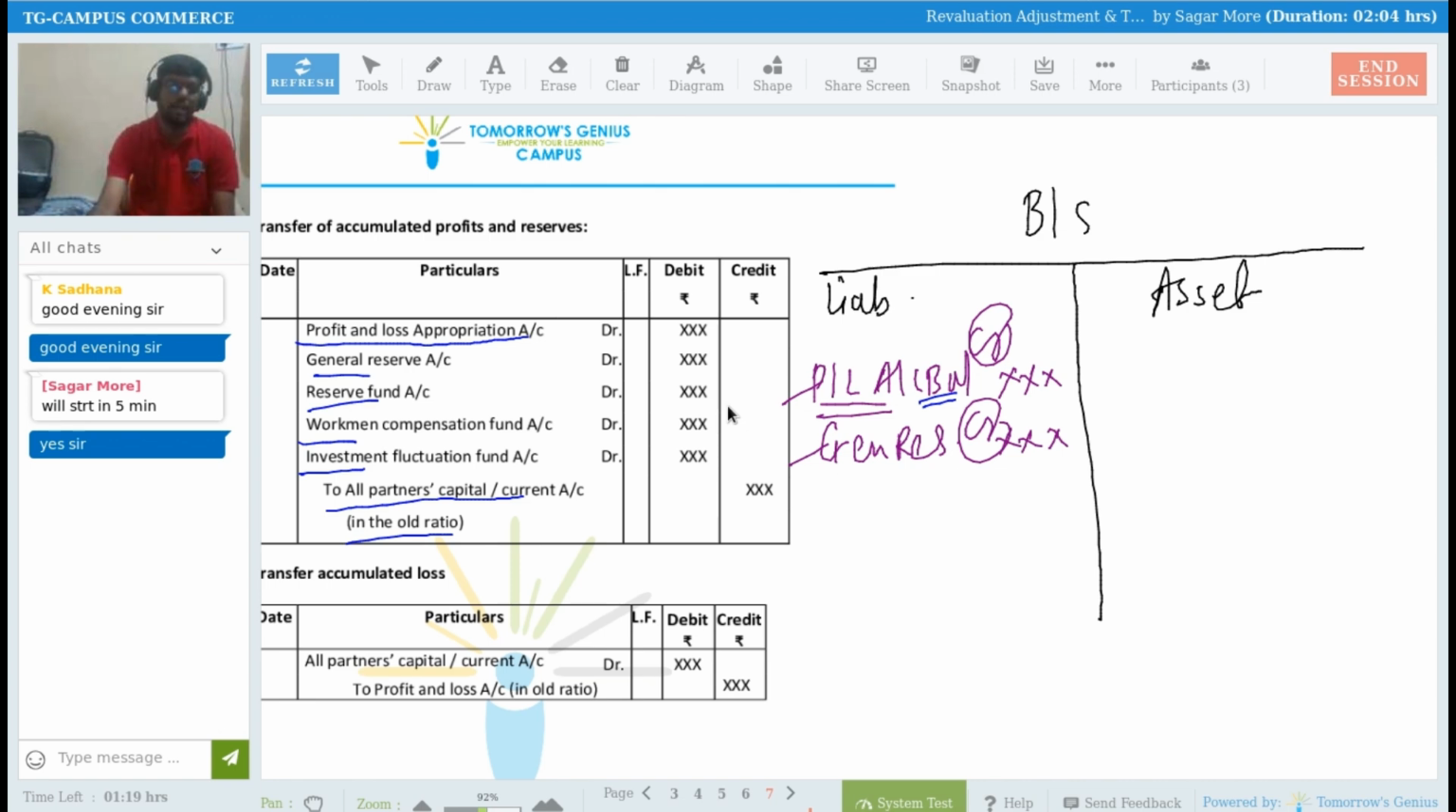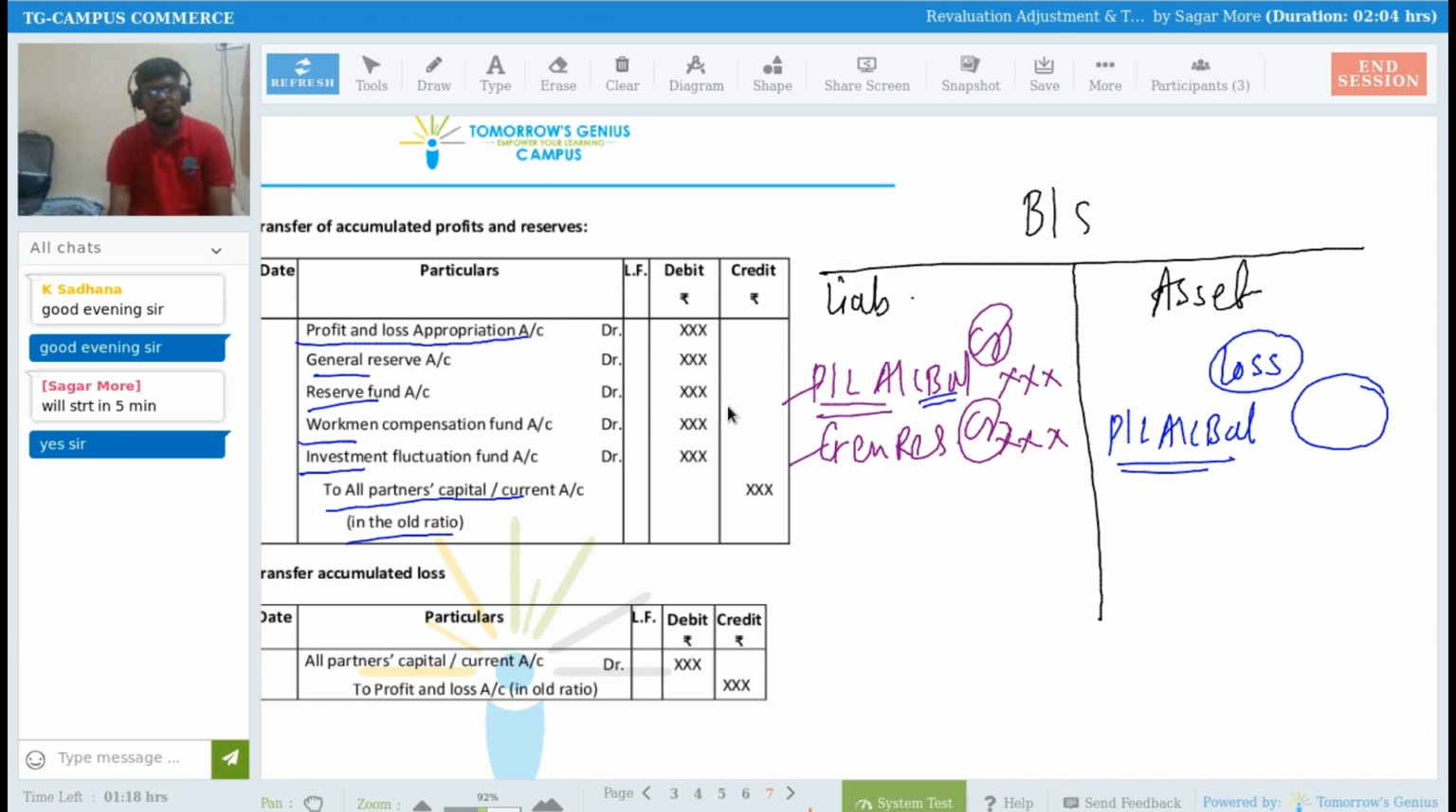Now, sir, if you find a balance on the asset side, which balance, sir? Profit and loss account balance. If you find a profit and loss account balance there, it is a loss. We know losses we have to record on the debit side of the partners' capital and current accounts. So in that scenario, what will be the entry? The entry will be all partners' capital or current accounts debit to profit and loss account balance in their old profit